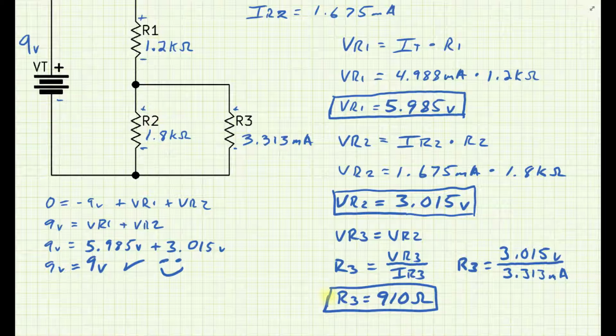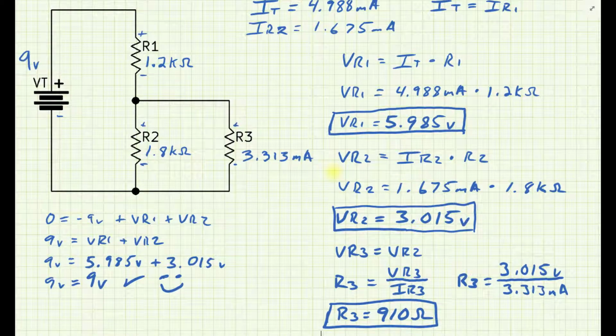Okay, so now we know R3, we know the current of R3, we know the current of R2, we know the current of R1, so we know everything. Well, at least we think we do. If we're feeling super confident, we can stop here. So Kirchhoff was happy with the voltages, so if we wanted to solve some more values, we could get the